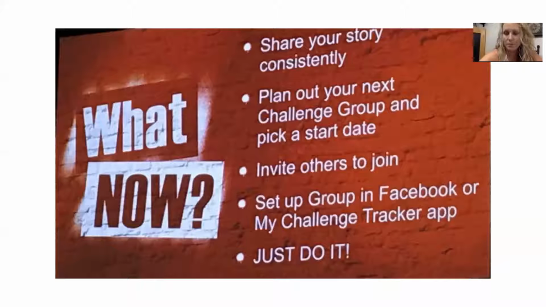Guys, it's important for you to understand not every single group is going to be all hunky-dory. Not everyone's going to always be participating. You're going to have peaks and valleys in this business, just like you do with your challenge groups. One month you can have a banging, rocking challenge group. Another month you can have a bad one where it's like crickets. But you need to show up and keep going strong.